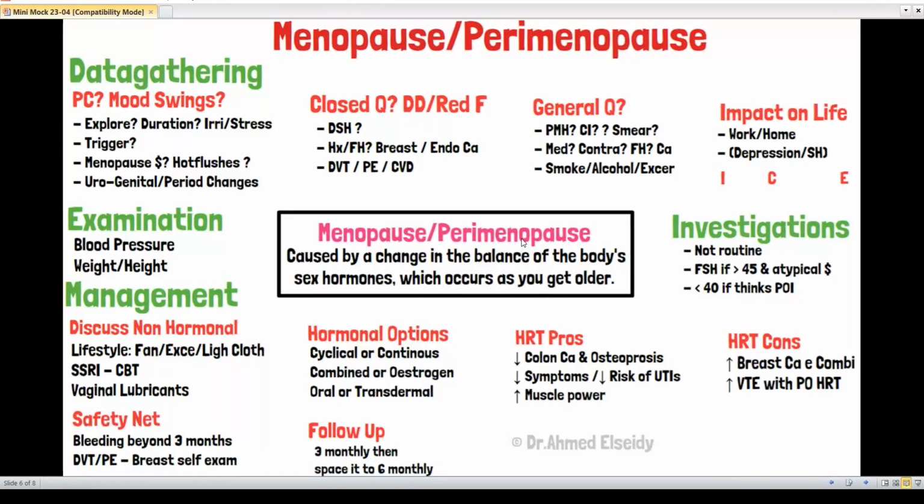So this is a priceless mind map, because this mind map on only one piece is covering one of the most challenging stations in Lab 2, and even for the exam of qualified doctors, GPs in UK, they struggle with this station. This mind map will give it to you all in one piece. How we can do it? Let me share it with you. The structure is the same as I do every time.